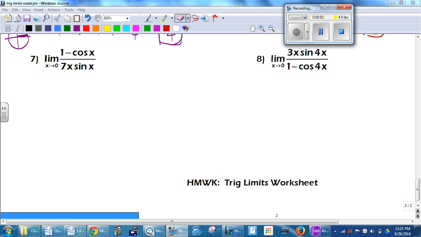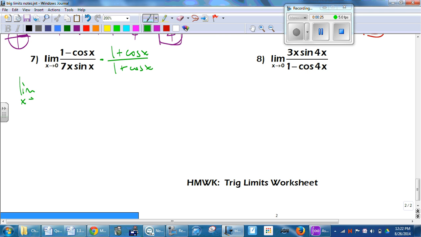Number 7, we're going to use a little different approach here because of the subtraction that we have in this part of the problem. None of the other ones had that. When you see this, 1 minus cosine of x, we're going to multiply by 1 plus cosine of x, because that gives us like the difference of 2 squares when we multiply those,